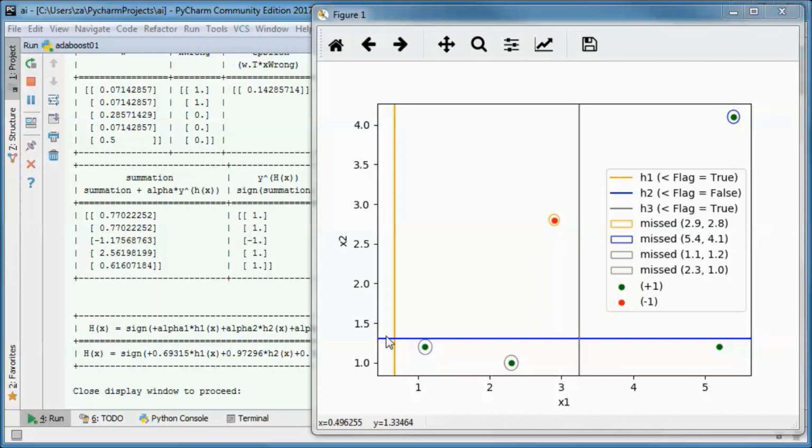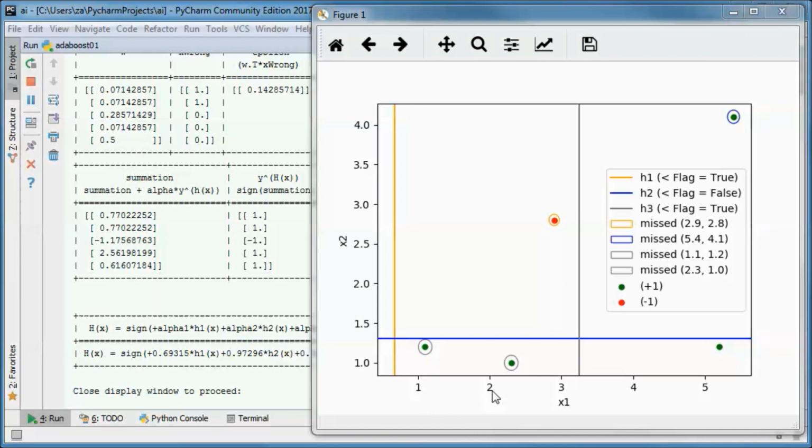And this is H2, and since flag is false, data to this side is classified as +1, and to this side as -1. And this data item was misclassified. And this is H3, and data to this side is classified as -1, and to this side as +1, and those two data items were misclassified.